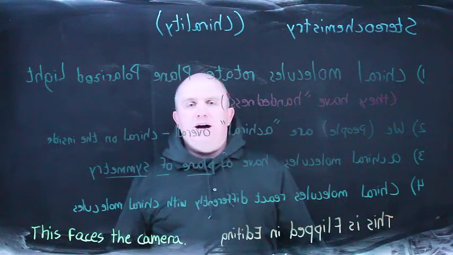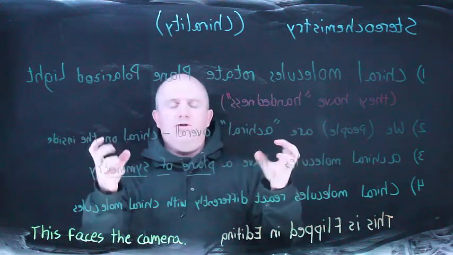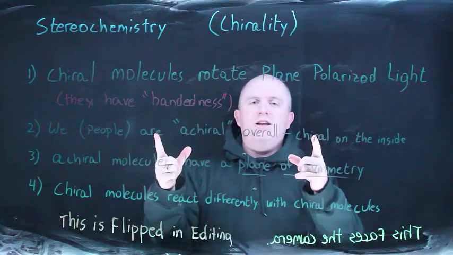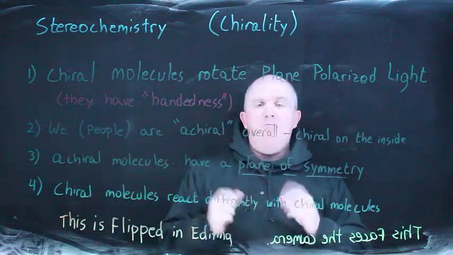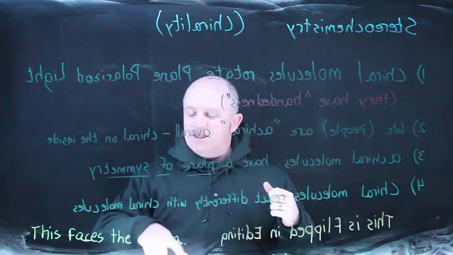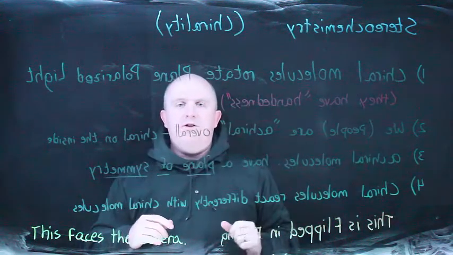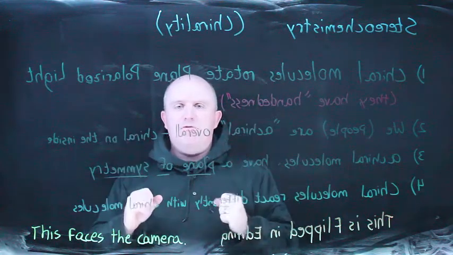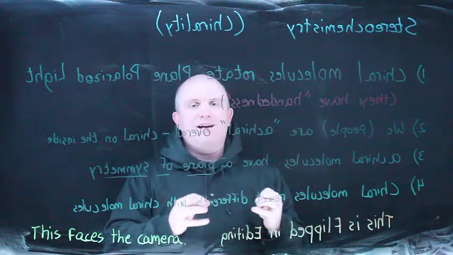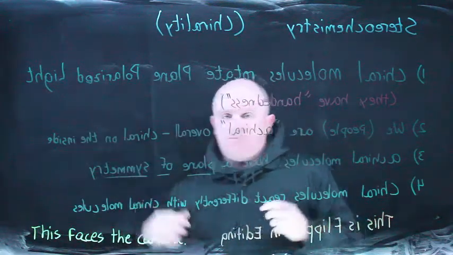Alright, so why did I take you behind the scenes like that? Well, because fundamentally, I need to be able to talk as though you're looking at the same thing that I am. This is my right hand. This is my left hand. If you can read the words on the screen, then I have flipped it in editing, but for the purposes of stereochemistry, what I'm going to try to do is make sure that this is readable as opposed to this. So I'm now going to make most of the words go away so that we can talk just in terms of the images that I'm going to show, and then all of the pictures that I'm going to draw, again, I'm going to try to avoid using actual text on this board, so that you can say, hey, when I'm looking at my right hand, I mean this one, and my left hand's this one.